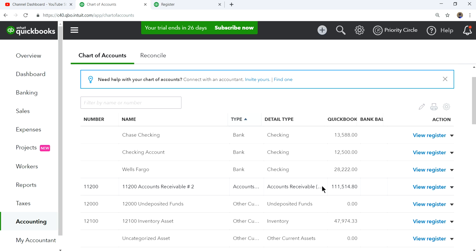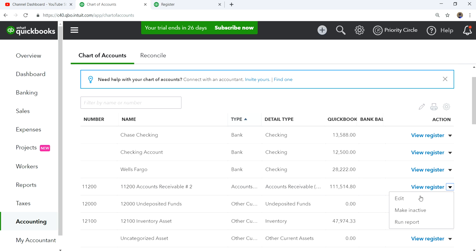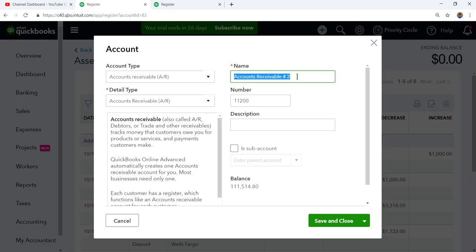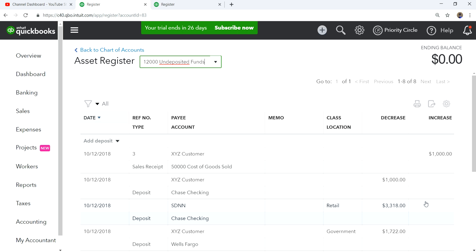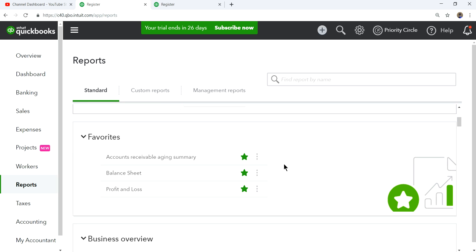You can create two AR accounts, but it will not work. So now you don't need this number 2. Just change this, you don't need a number in here now. Alright, so this number you can renumber if you want. Let's just say I want to make this 11,000. So that's it. So now if you go back to reports,